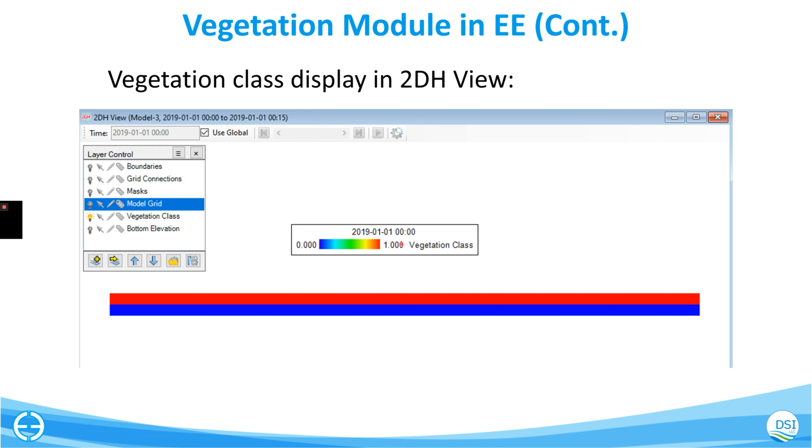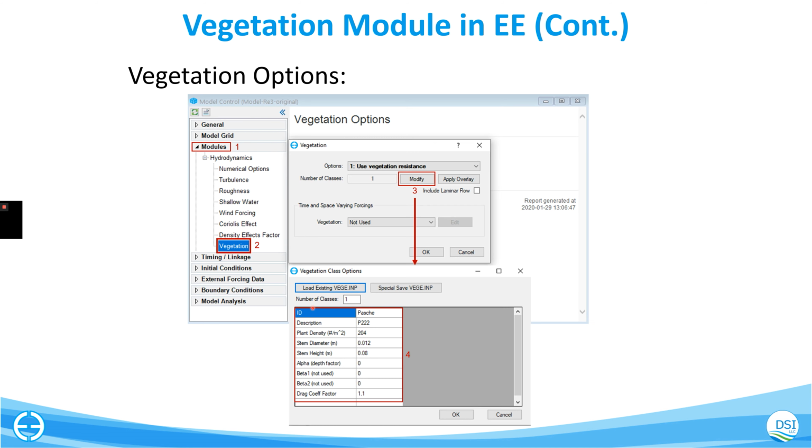If it shows 1, it means there is vegetation on the floodplain. If the value is 0, it means no vegetation. And if you go to the modules and right mouse click, then you can modify the vegetation parameters like the density, diameter, and height. So next,